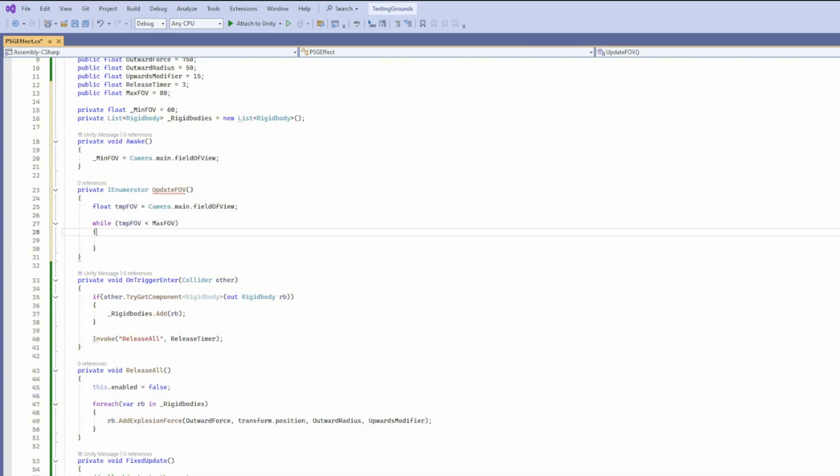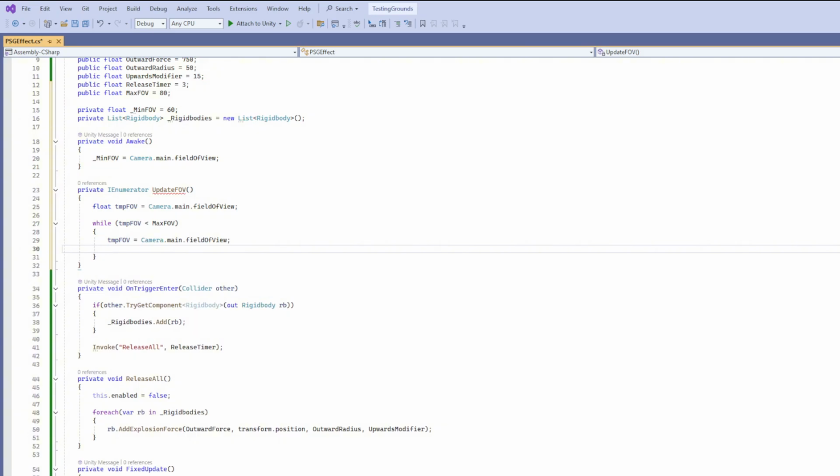While the current field of view is less than the max, start increasing with the variable we are going to mark as a public variable up top.